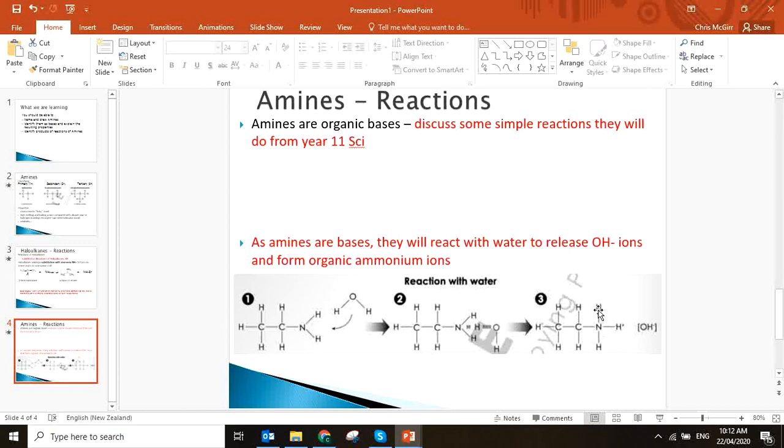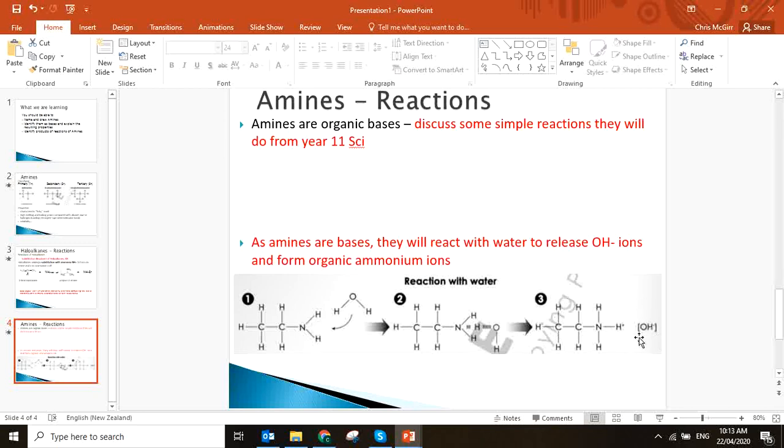You can see this nitrogen now has 3 hydrogens attached to it. Before it only had 2, and it becomes a plus. So this is an ion. This is an ethyl ammonium ion. Ethyl because of this, and it's ammonium, which is what happens when you form NH3 ammonia to NH4 ammonium. And then of course what's left over is our OH minus, and that's what gives it its